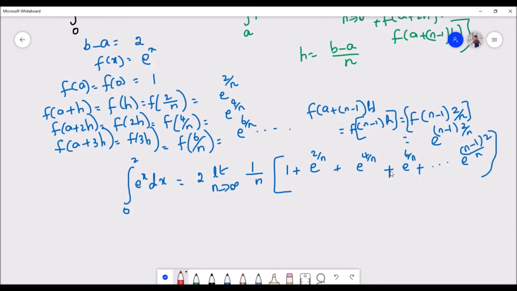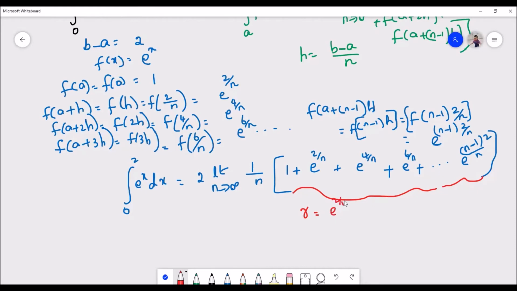This particular form I am discussing, this one. This is nothing but the sum to n minus 1 terms. If I start from the first term, it is 1, then e to the power of 2 by n. Let me find out the first ratio. If it is forming a GP, the common ratio r, T2 by T1, must be equal to T3 by T2. So let us check that part.